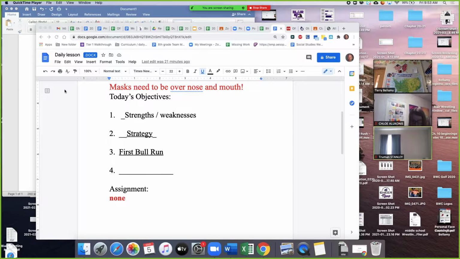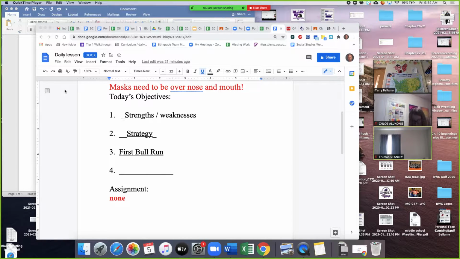Anybody want to take a shot? I know you know the answer, but what does strategy mean? In fact, I think we've had this vocab term before. A plan for something. And since we're talking about the Civil War, you've got to figure both sides, the Union, the United States of America, and the Confederacy, or Confederate States of America, have to have a plan or a strategy to win the war. So we'll take a look at the differences between those two strategies.